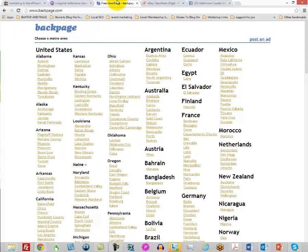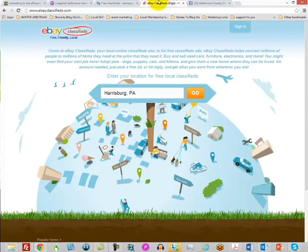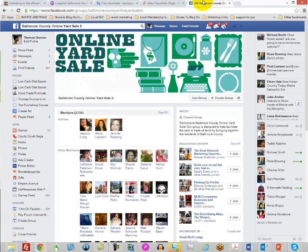You can also use eBay Classifieds. Once again, not nearly as popular as Craigslist, but there are things that you can actually sell on this site. And also, one of the things that you can do is look for groups on Facebook that